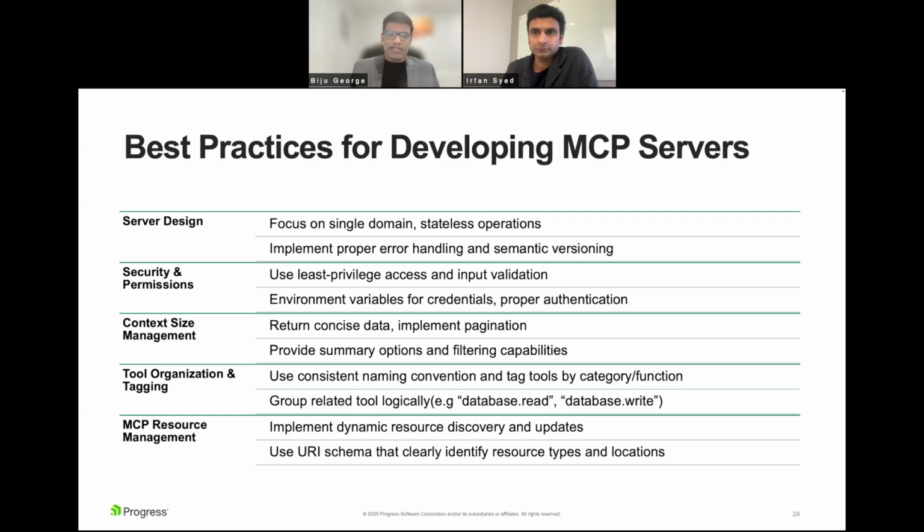Okay, so best practices. As everybody now knows, MCP as a protocol became popular only in the November 2024 timeframe. So nobody can claim that they have 5 or 10 years of experience with MCP servers. It is impossible; it doesn't exist. So these development best practices and management best practices are still evolving. Based on what we generally see, some of the best practices are listed here.